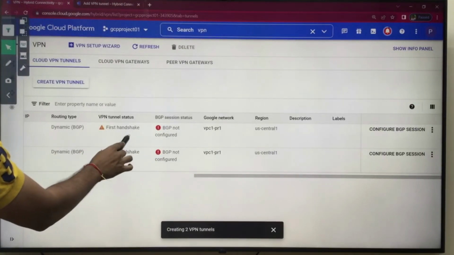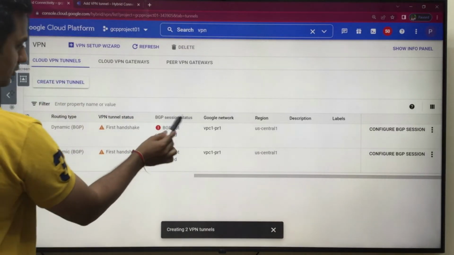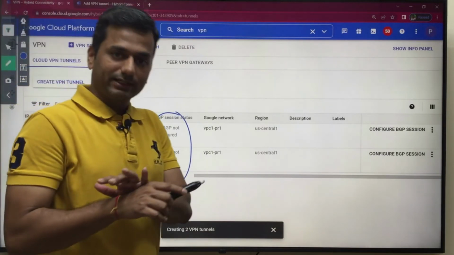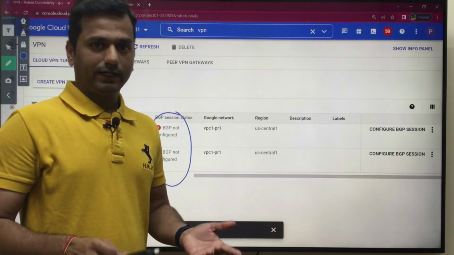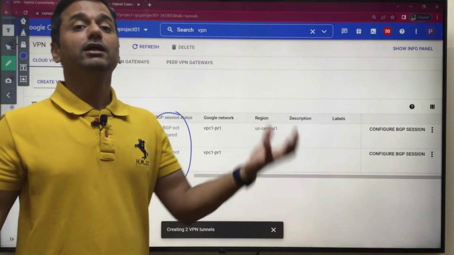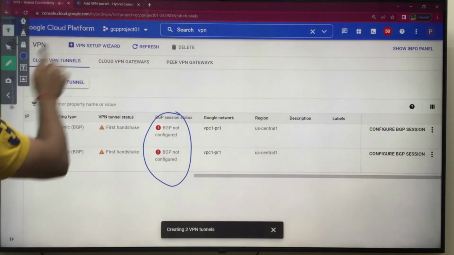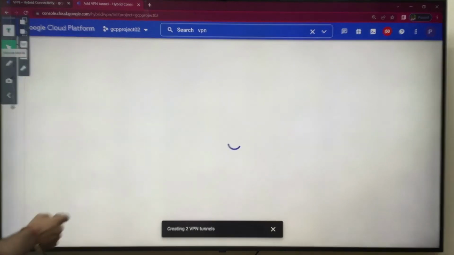It is still in the first handshake. BGP we have not configured, so it's showing an error, but it is not related to the IPsec tunnel. Your IPsec tunnel will get established, because IPsec tunnels are established between the cloud VPN gateways. Done. Configure the BGP session later.